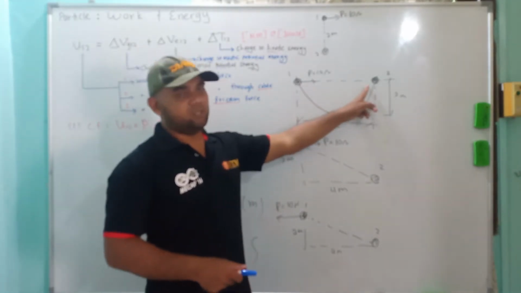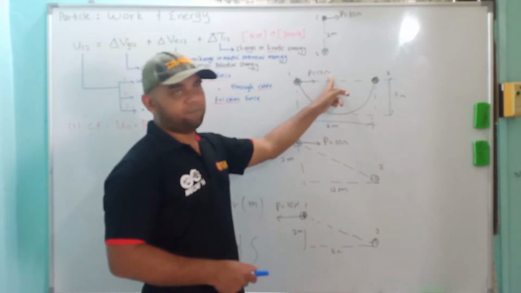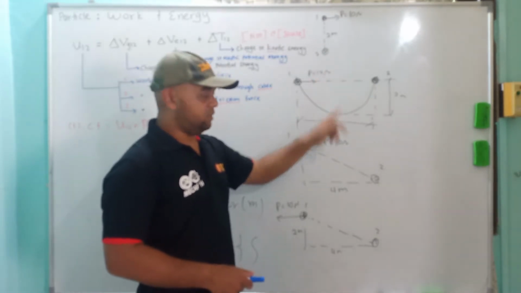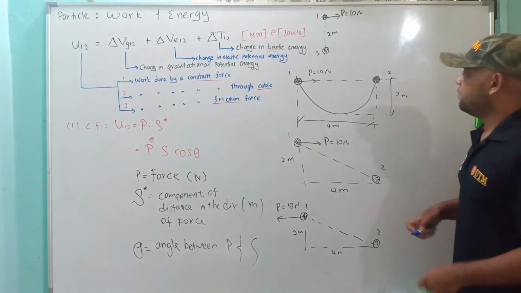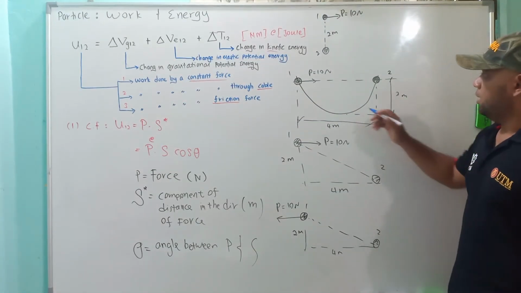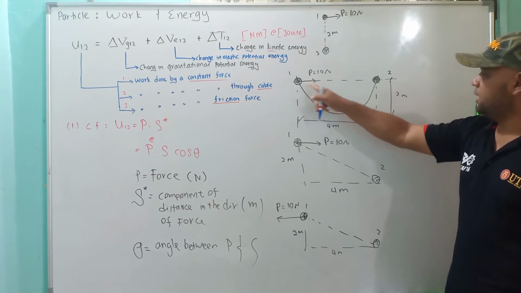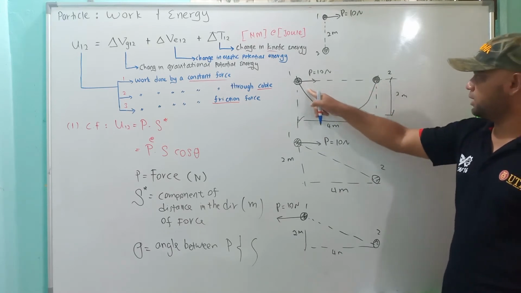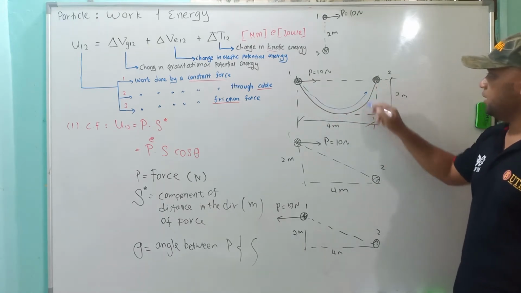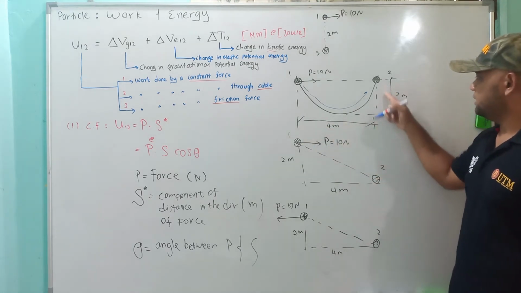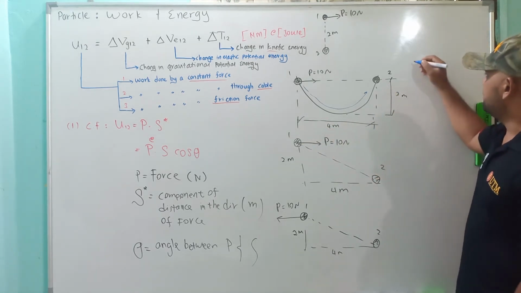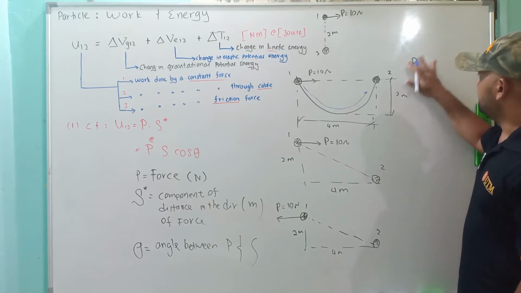position 1 and position 2 acted by force P equal to 10 Newton. At position 1, it is here, position 2, it is here. So it moves going downward here and going up. The distance here is 4 meter, the distance here is 2 meter. So this one we use U12